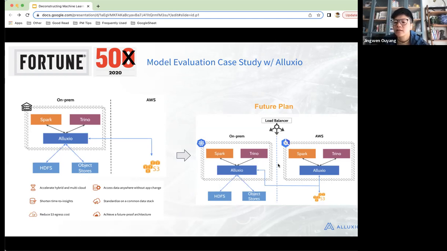The compute can scale horizontally. We can add more or just take out when we're not using it. And then with this load balancer, again, we can make sure that you're not only hot in one area, right? So this is the future plan here.